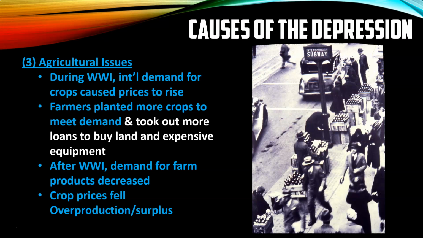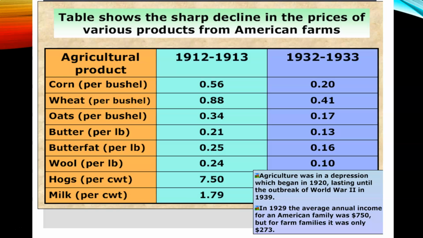Now, if you're overproducing, that means you've got crops that you spent money on to grow, and now you can't sell them. Plus, the things that you are selling are selling for cheaper, meaning you're not making the money that you had planned on making before you grew it. That's going to create some problems.